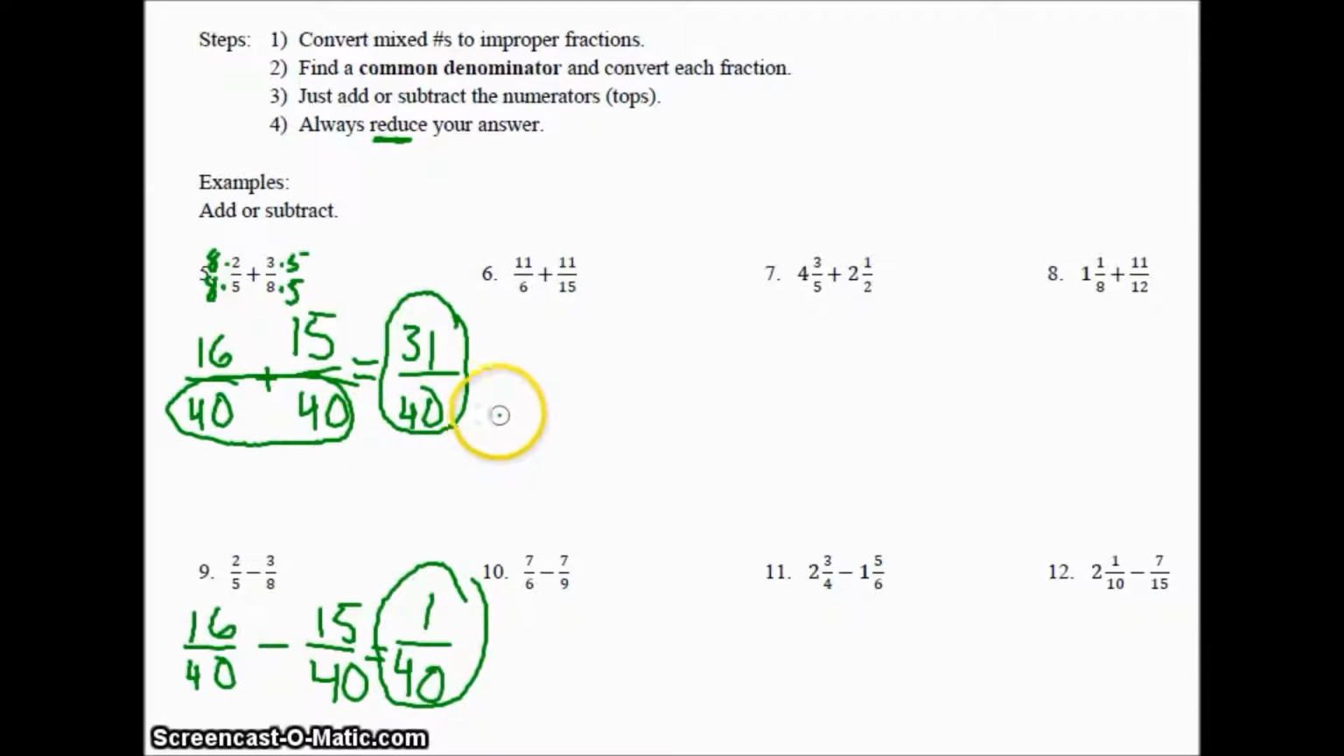I'm going to do 2 more problems with you, and then I'm going to let you try the rest on your own. So let's take a look at number 6. Number 6, we have 2 improper fractions again. We're already starting with the improper. 11/6 plus 11 over 15. Now this is the second process that I found. So this was the easiest